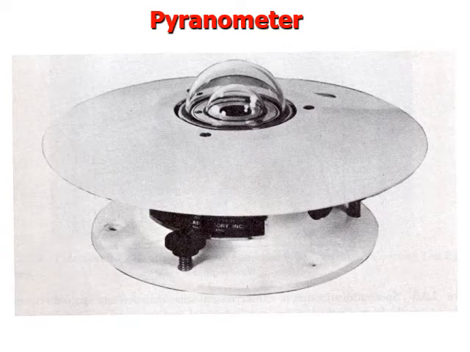So the pyranometer is an instrument which measures either global or diffuse radiation over a hemispherical field of view. Basically, the pyranometer consists of a black surface which heats up when exposed to solar radiation. So its temperature increases until the rate of heat gained by solar radiation equals the rate of loss by convection, conduction and re-radiation.